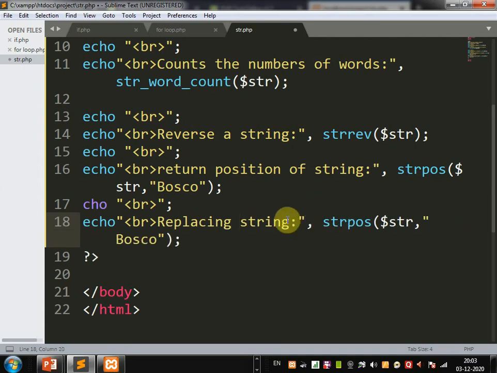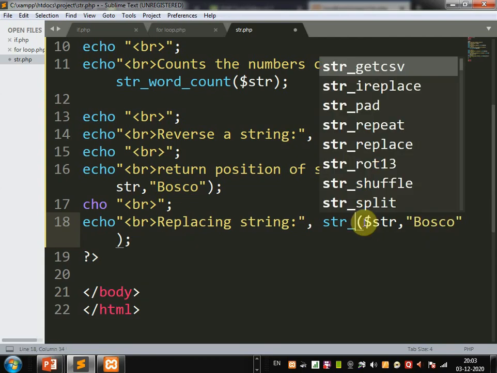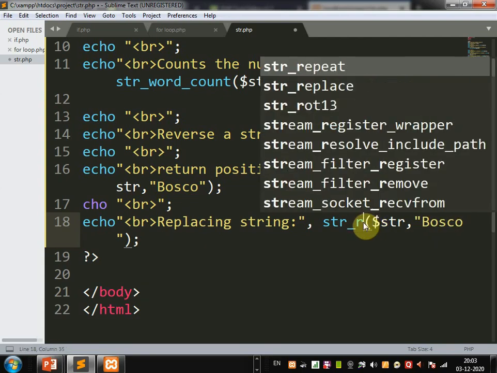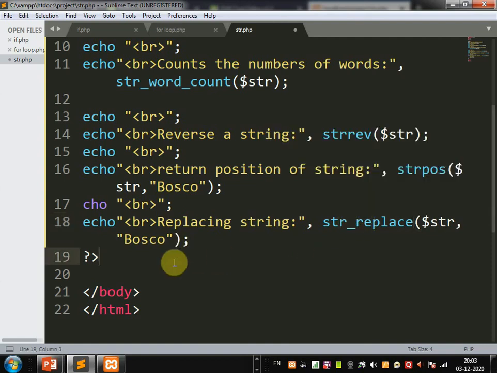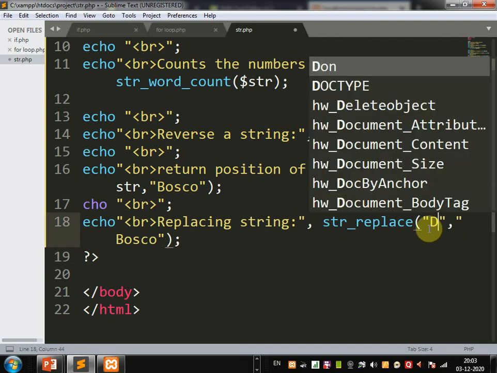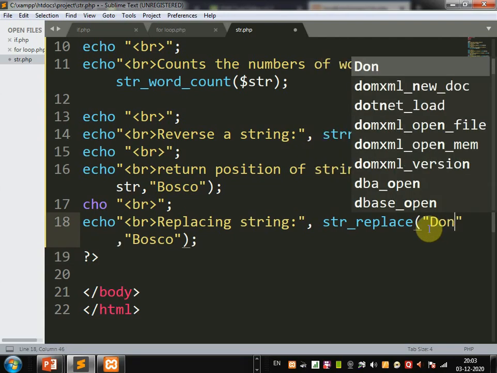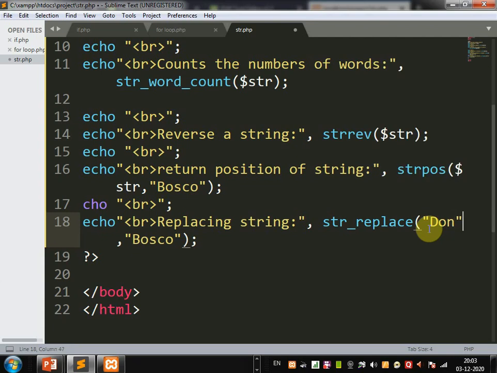The function we are going to use is str_replace. Then write the word you want to replace, in double inverted quotes: Don.